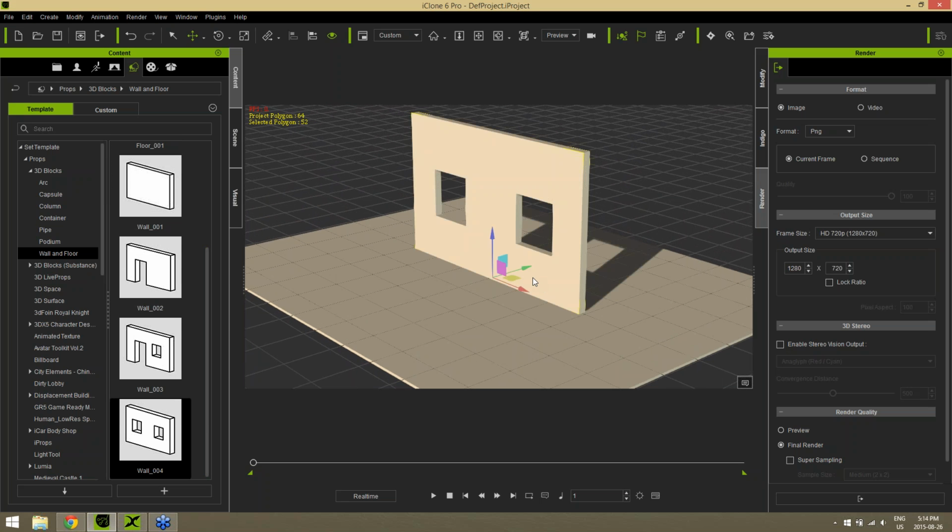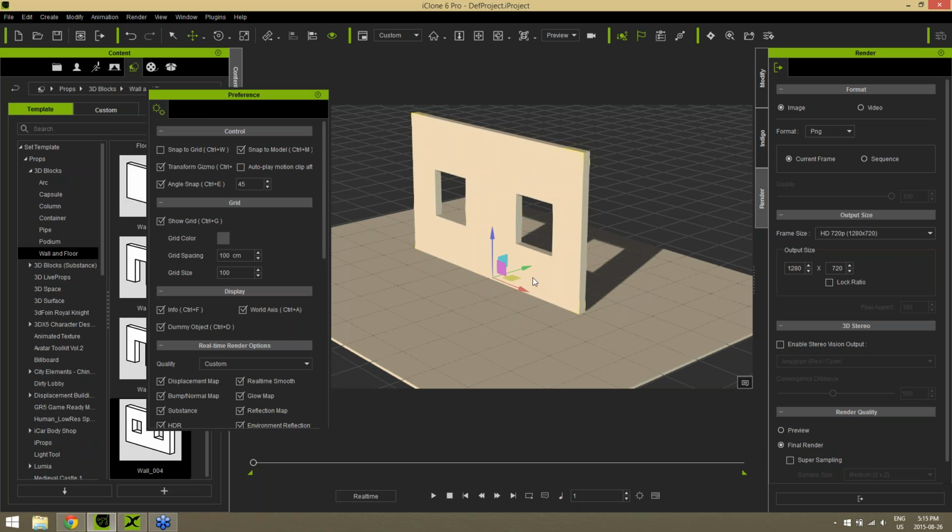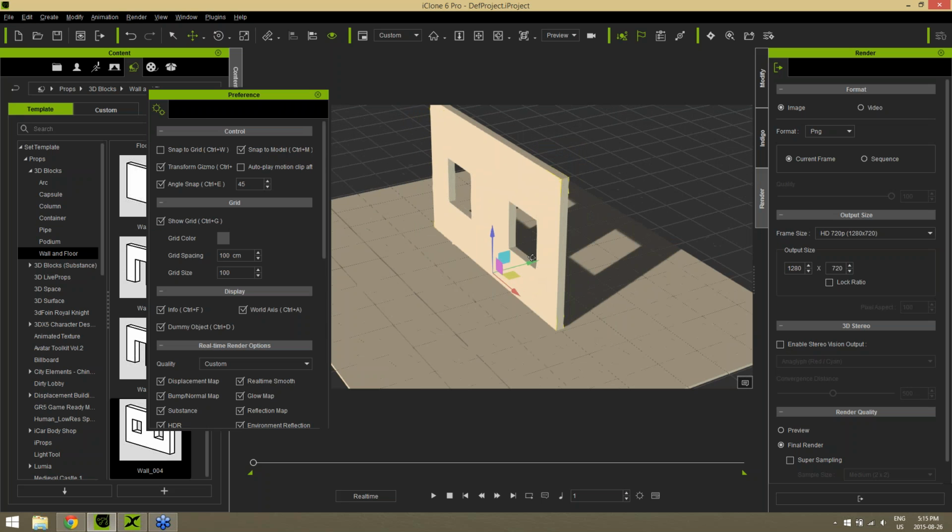Now, when you're assembling stuff, especially an interior scene, it's really a good idea to have a snap to model setting enabled. So let's press Control P, and that brings up our preferences here. In our preferences, you can see we have this snap to model. You can also press Control M for a hotkey. And if I have this snap to model,